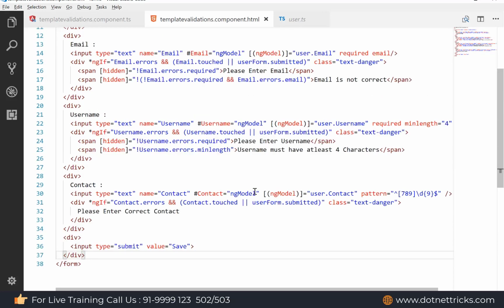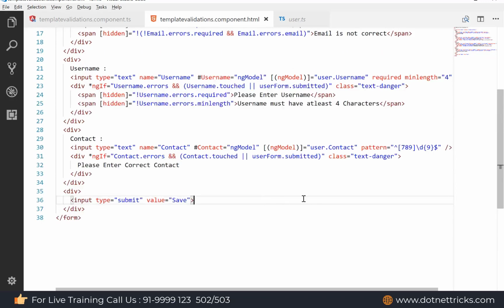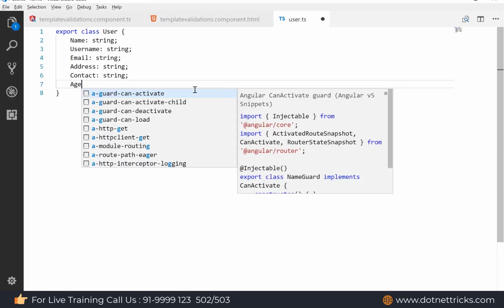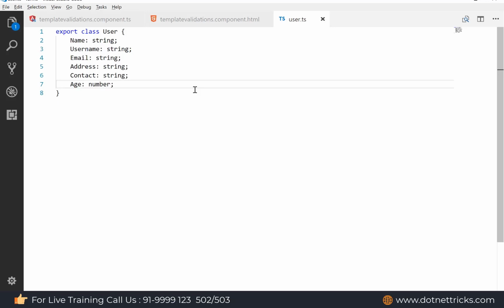So we have done the required, min length, and the regular expression here. Both are working fine. And here we can use the min value as well. So for the min value, let's say I define age. Address is optional here, we are not defining it. As the age, I'm defining the min value as a number.